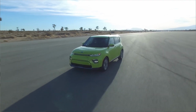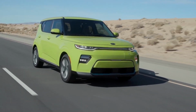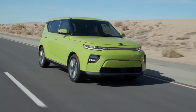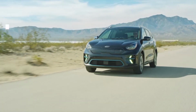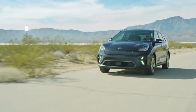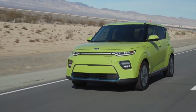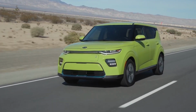And the best part about it is that if you're not a fan of the way it looks, which you may not be because it looks pretty polarizing to some, you have a great alternative with the Kia Niro EV, which is basically just the exact same car, but in a more conventional looking hatchback crossover body style. With a price range of between $42,000 to $52,000 Canadian before any electric vehicle incentives, the Soul EV is also